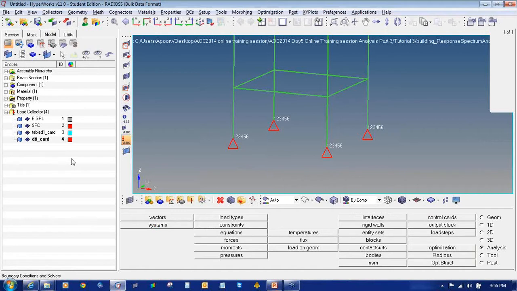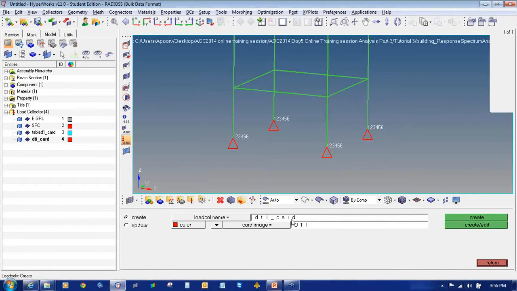Then we will define the RSPEC card. This card is used to provide the specification of response spectrum analysis. So again I will go to load collector. Enter the load collector name as RSPEC card.